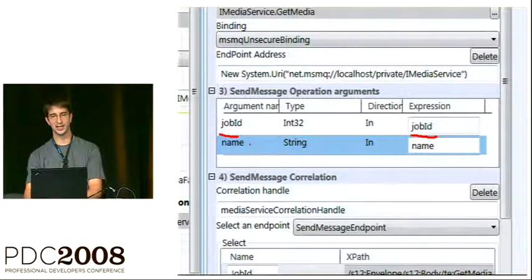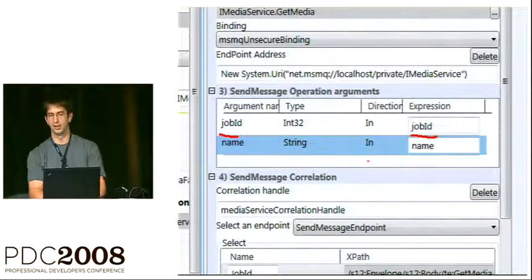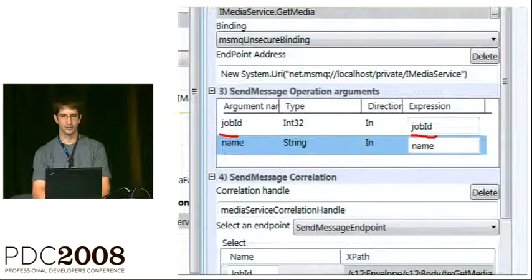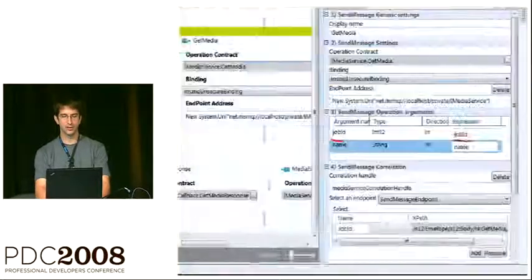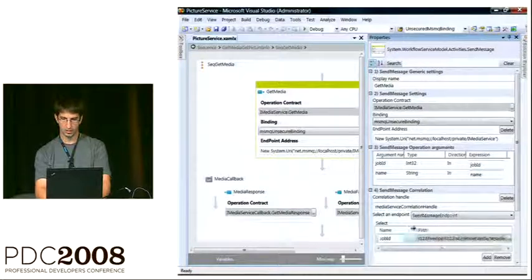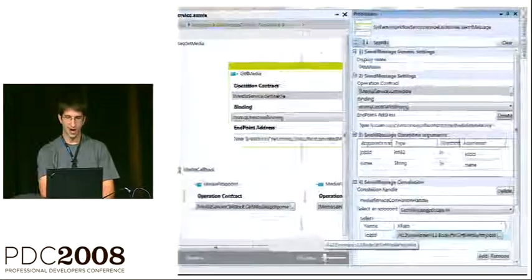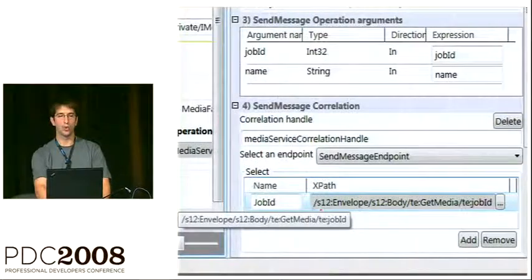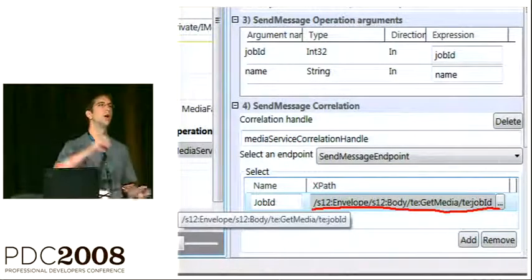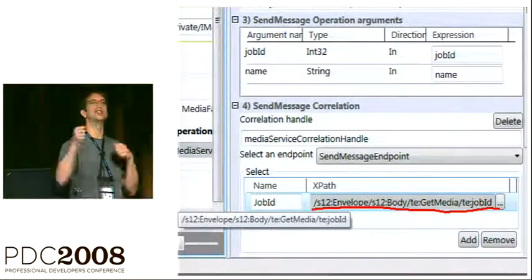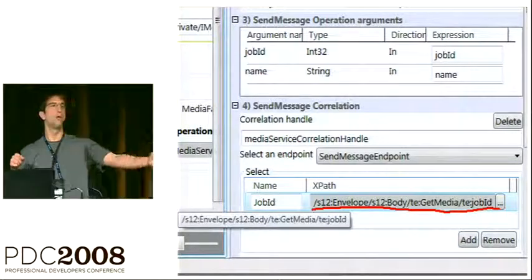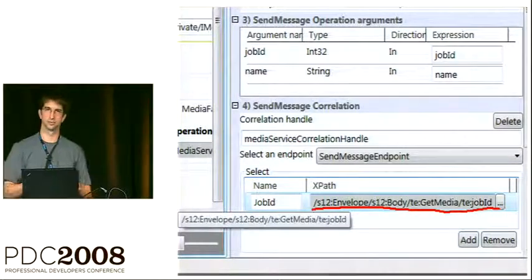And of course, I'm passing in the name to express which picture I want. But now if I look down here, I can see that I've got this correlation query defined over the message, where I'm extracting that job ID and associating that job ID with this workflow instance.